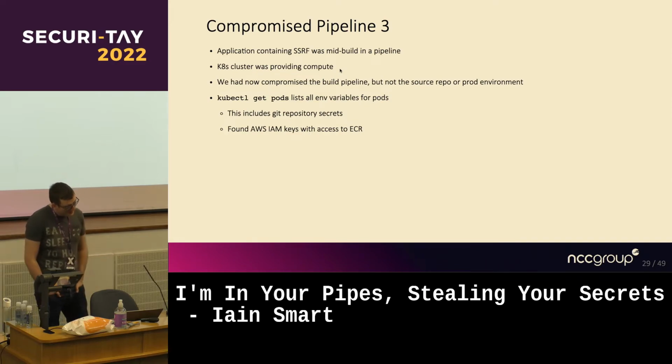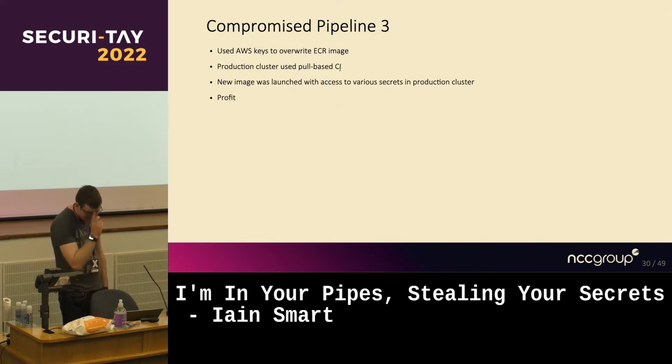So we were trying to use those. We couldn't get anything because the code was running so quickly. The jobs were just dying, and then the tokens were expiring. They weren't any use anymore. But what we did find was AWS IAM keys that allowed us access to the Elastic Container Registry. So the way this pipeline worked was it was a bunch of Docker files. They get fed in, they get built, and then the built image gets loaded into ECR and then used later by their other clusters. What we couldn't work out was how workloads were getting put into the clusters themselves, because we couldn't see any kubectl run or anything like that.